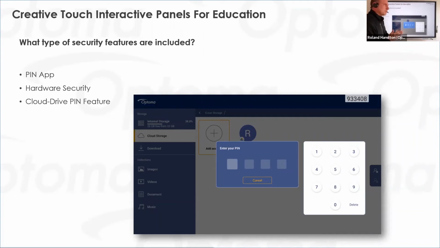And last but not least, Bob already mentioned that we've embedded cloud drive access into our panels. Built into the operating system is access to Google Drive, Microsoft OneDrive, as well as Dropbox. So we've made it very easy to push and pull your files and content to and from those popular cloud drive services. And we have built in a pin function dedicated to securing just access to those cloud drives, so